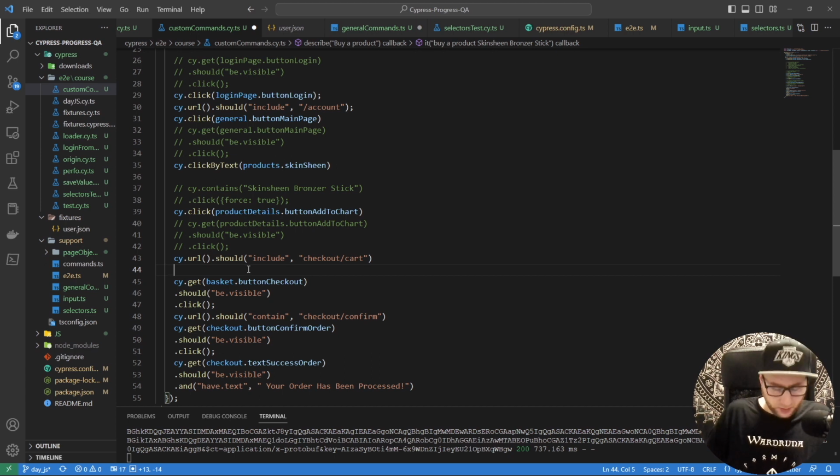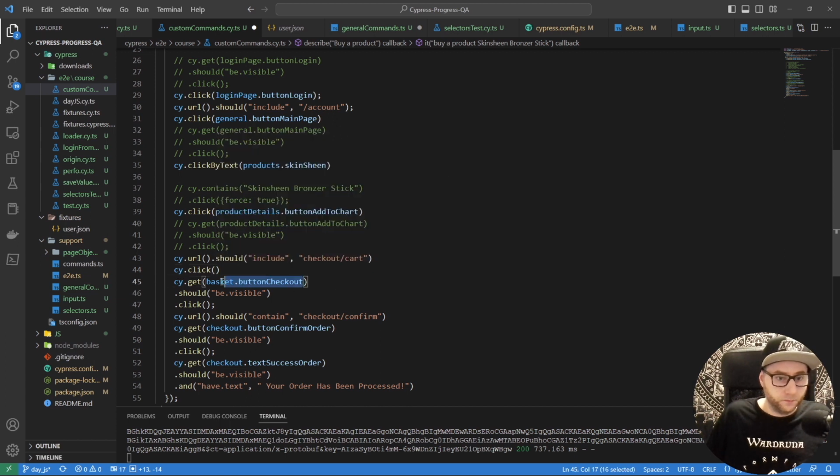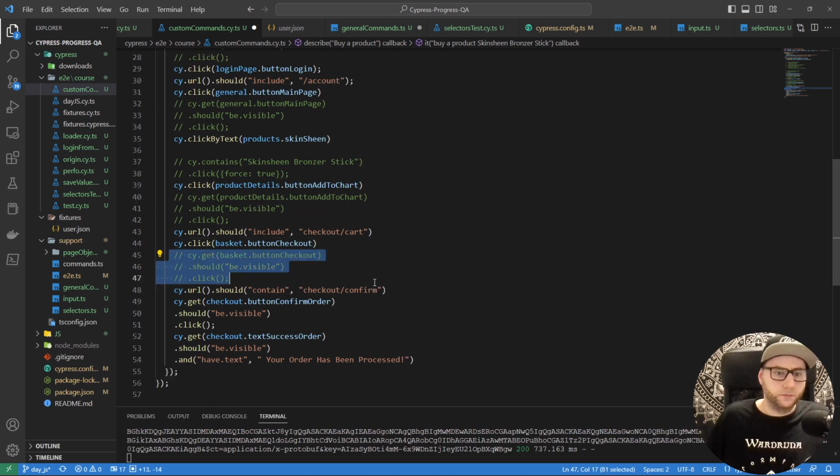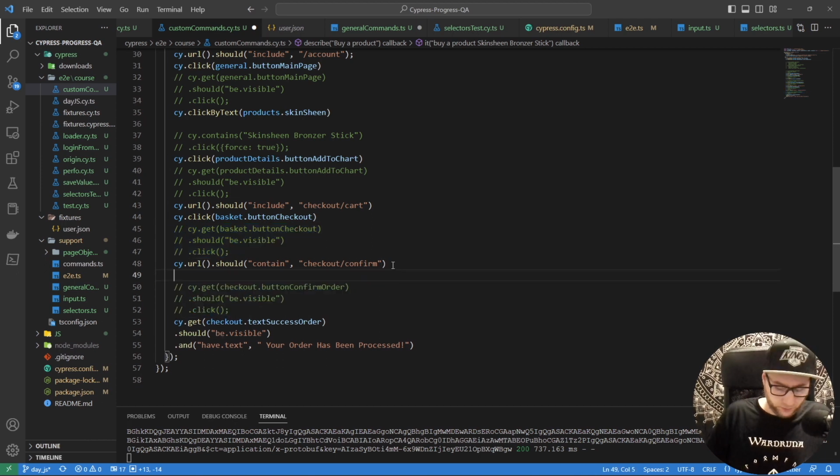Now cy click using this selector, and also comment this. Also URL is okay. Then we want to use here cy click, our custom command, get this element, and the last one is get